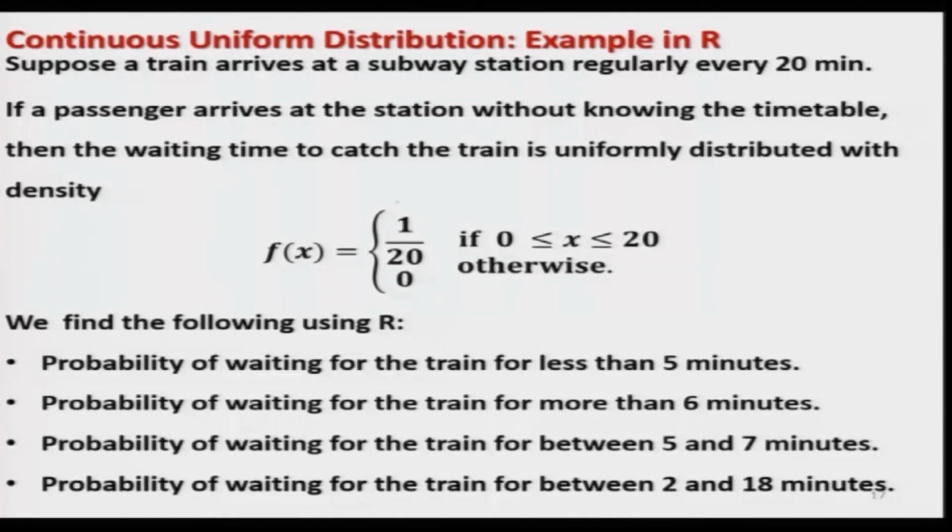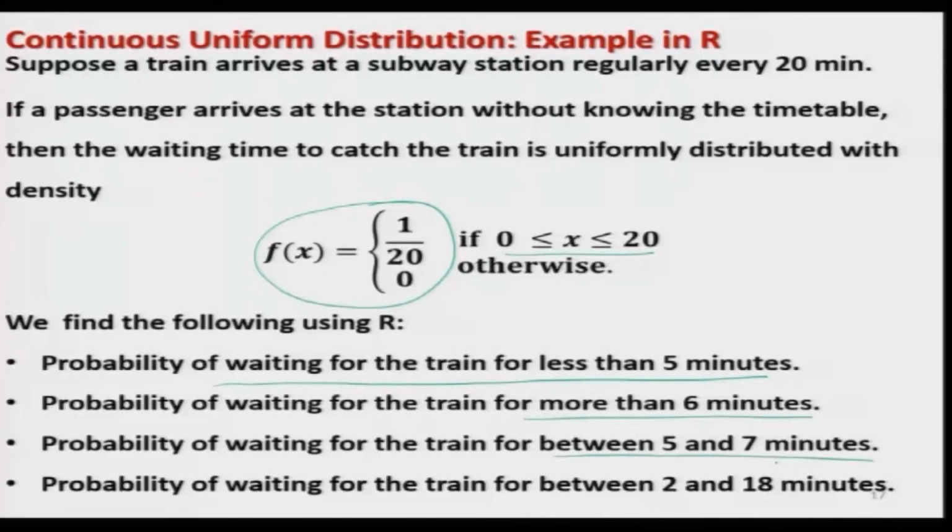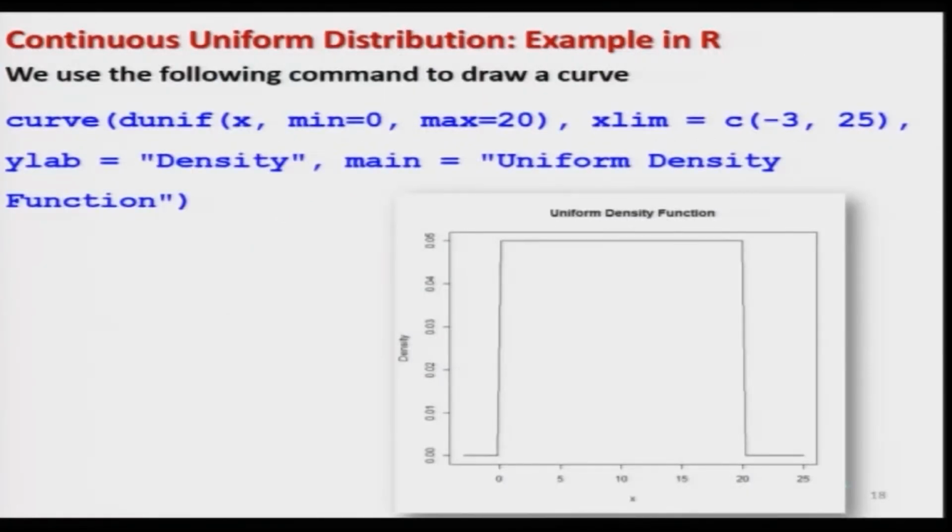Now this PDF is given by 1/20 when x is lying between 0 and 20, and 0 otherwise, and we want to find out the following probabilities: the probability of waiting for the train for less than 5 minutes, for more than 6 minutes, between 5 and 7 minutes, and between 2 and 18 minutes. So, how can you find these in the R software? But before that, let us try to create this curve,